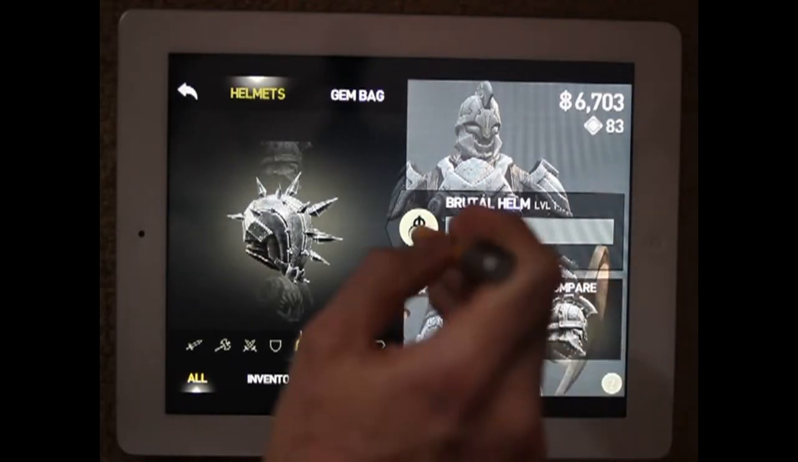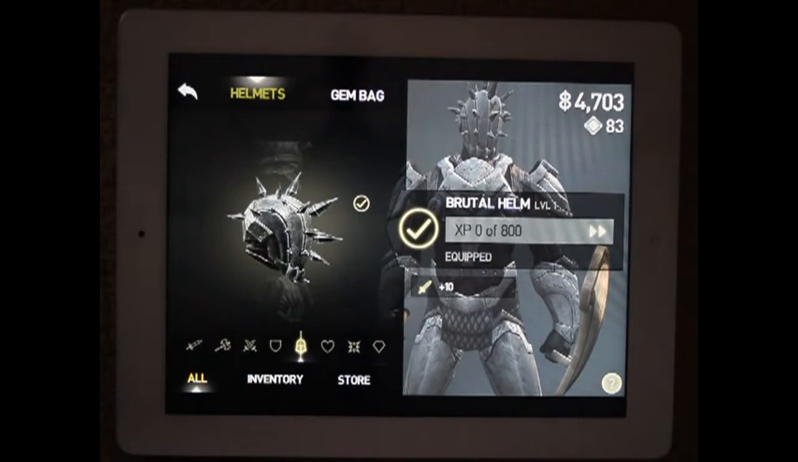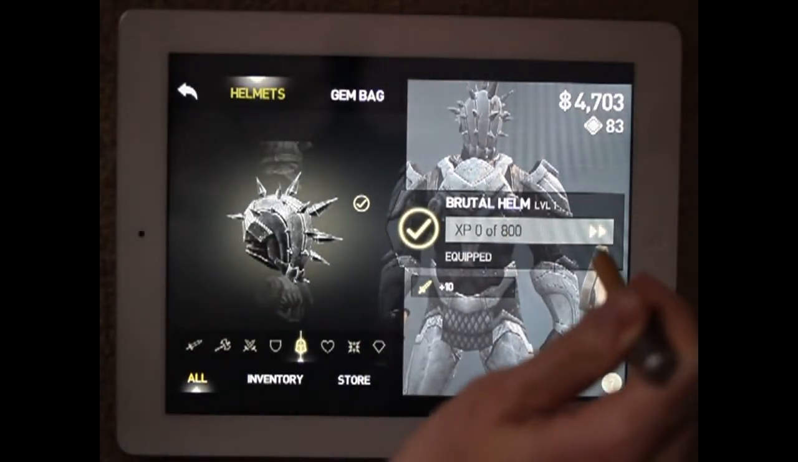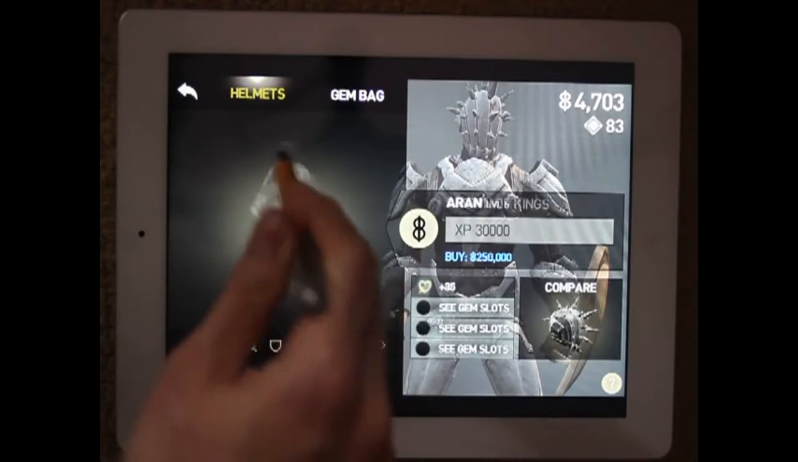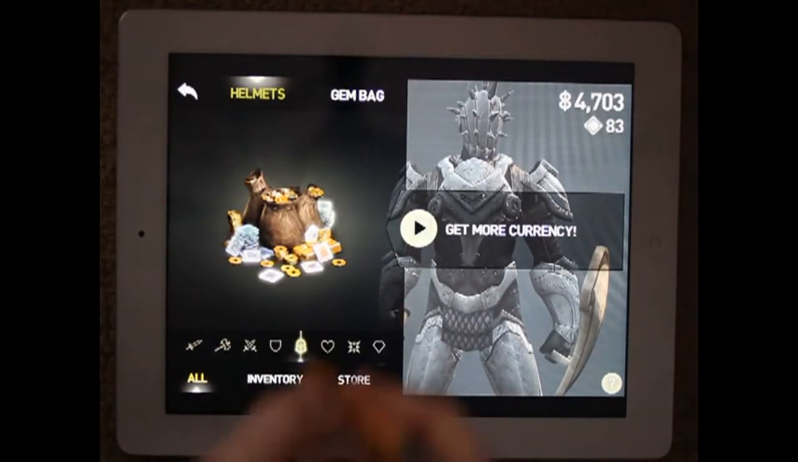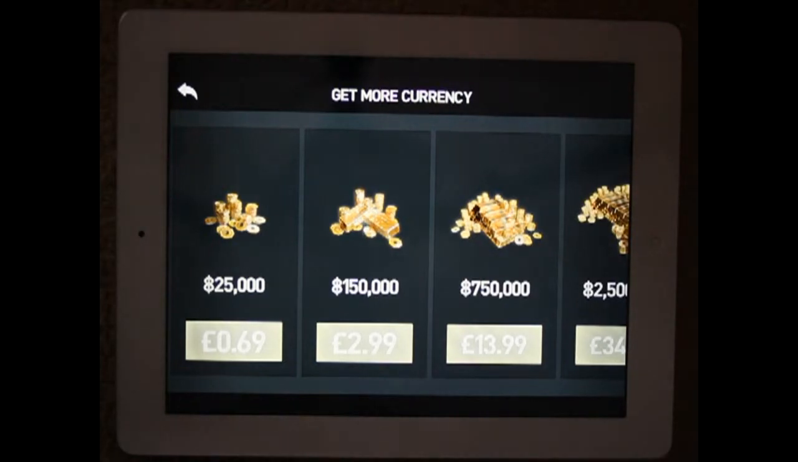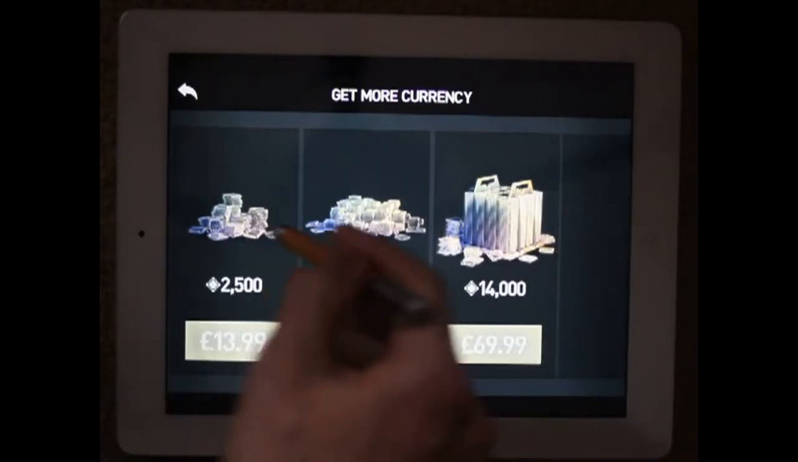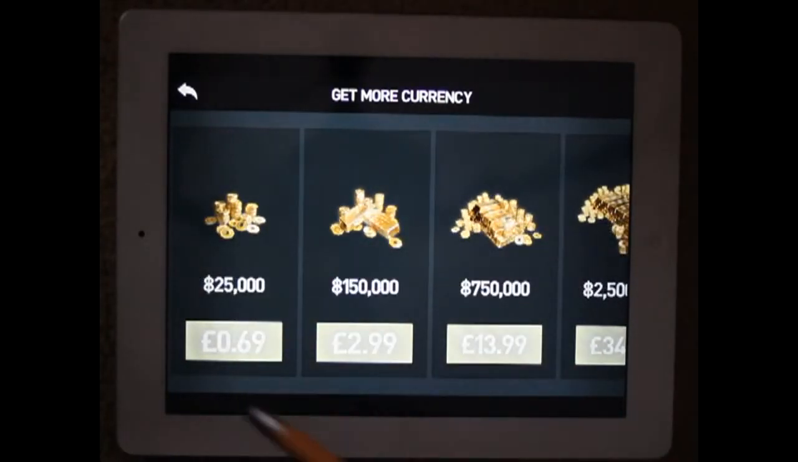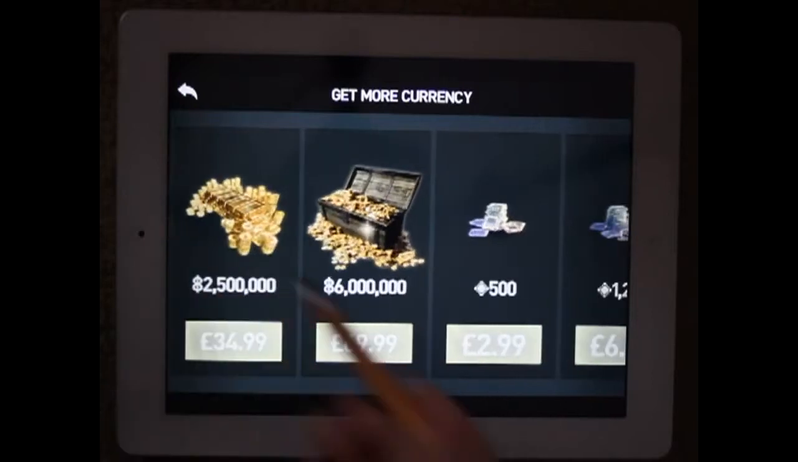So if we go to the store, it's a standard type of store. There are two currencies: this is the gold and this is the chips. The minimum price is 69p, that's $1.99 for the cheapest one, and then we're going up to the most expensive one, that's £69.99,